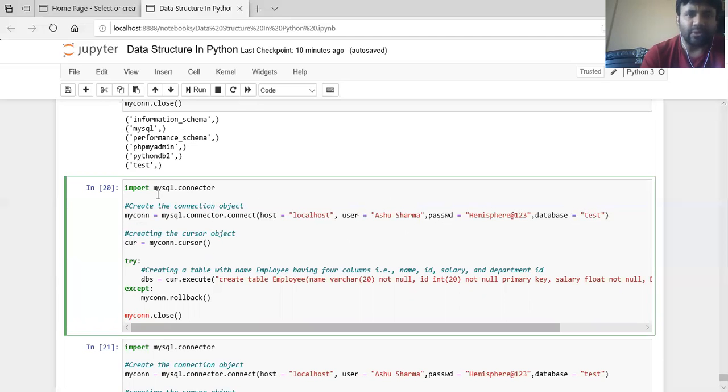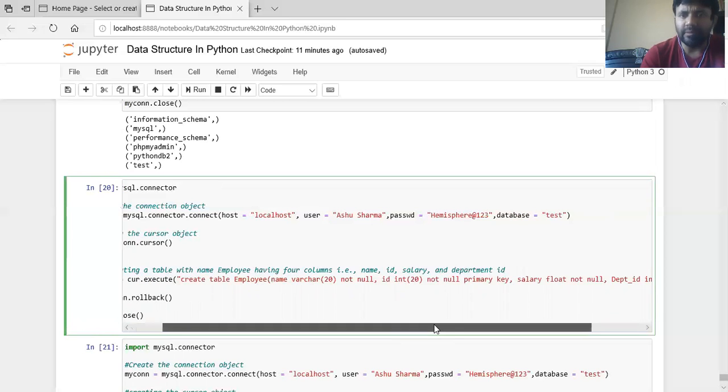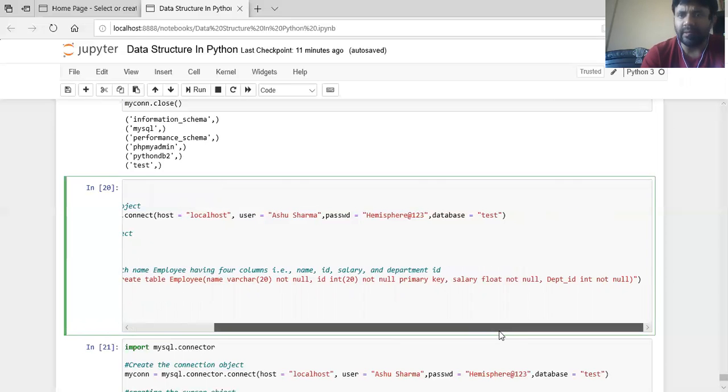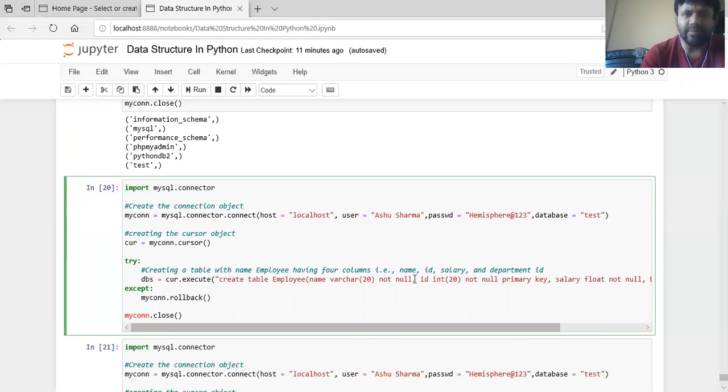We create the connection object and the cursor object the same way. Now inside try, we are creating a table employee in which there are four fields: name, then ID, then salary, and then department ID. So we are creating four fields, and except is for rolling back that operation, and then we close the connection.